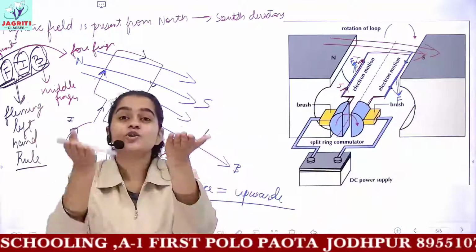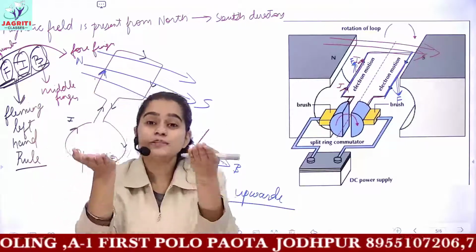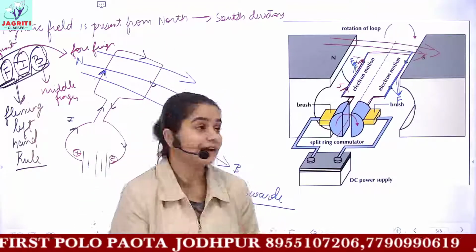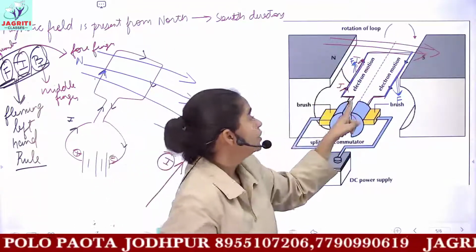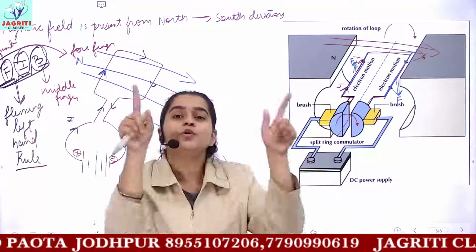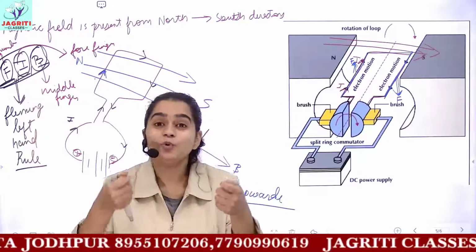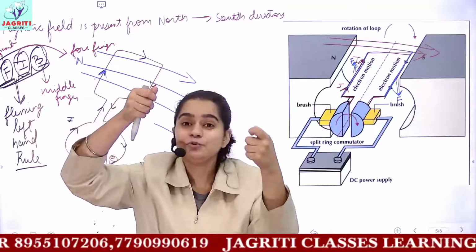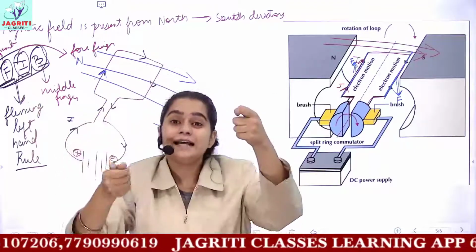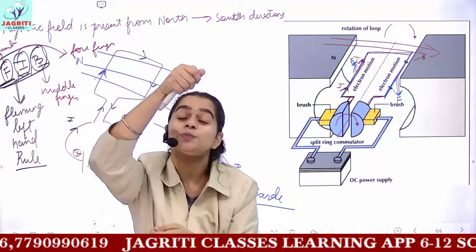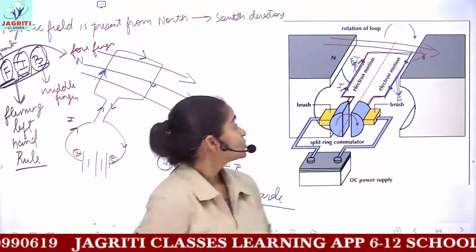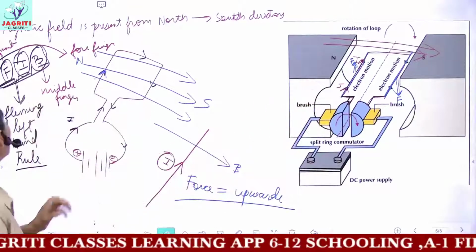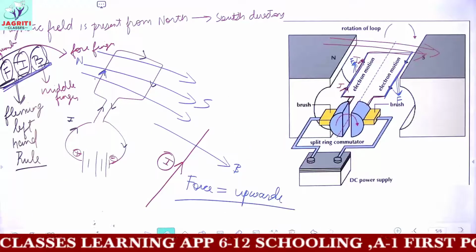So the coil shows a motion. It moves upwards from the right side and it goes down from the left side. You can consider this coil to be in the shape of your notebooks or books. So when you are moving your notebook up from one end and you are moving the same notebook below from the other, then the coil or the notebook starts rotating. So I hope this is clear, and the direction of force we have found out using Fleming's left-hand rule.